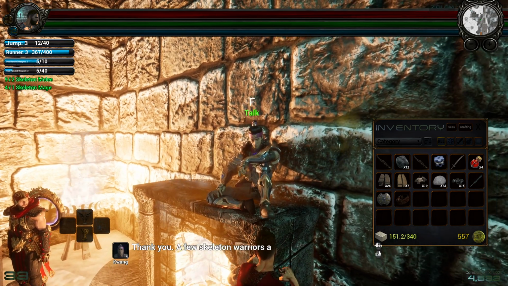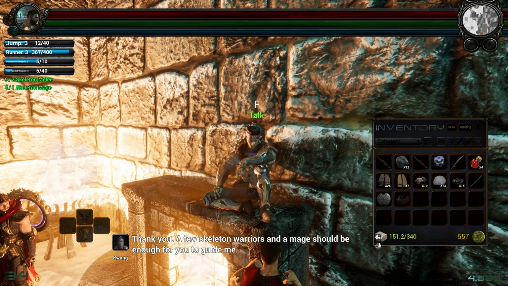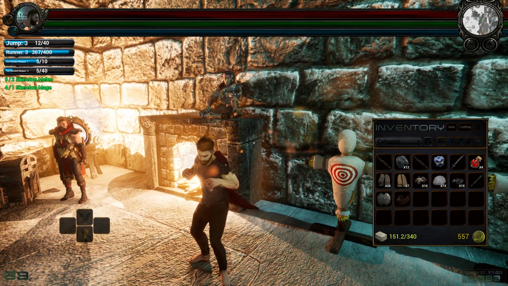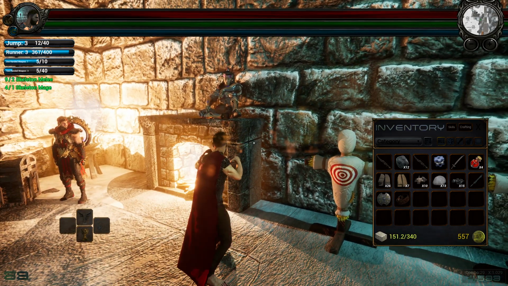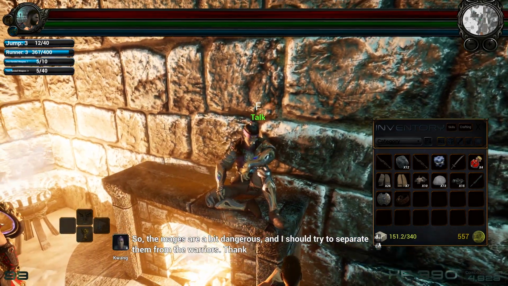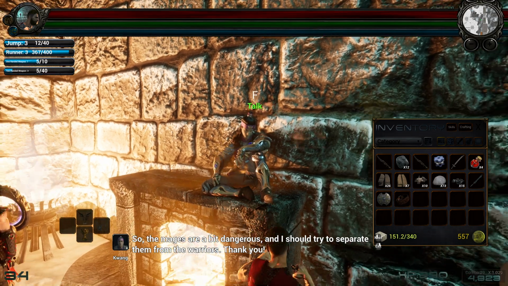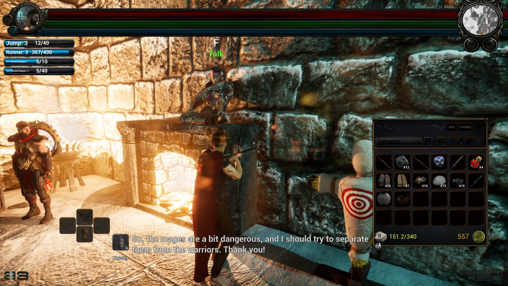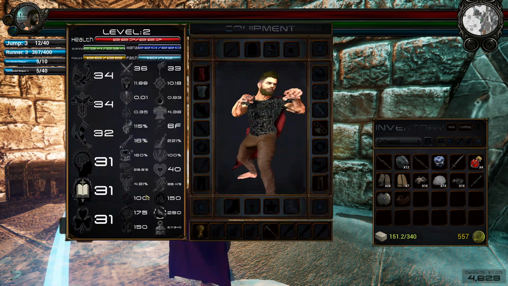Sure. This will help. I've already killed the mages. You've seen me do that. So a few skeleton warriors and whatnot. We've already killed the mages. You see, it automatically updates there. We've already killed the mages and the skeleton melee. One for me. And there he'll give us a loot. And then he talks about, so the mages are a bit dangerous. I should try to separate them from the warriors. Thank you. All right. He gave us a